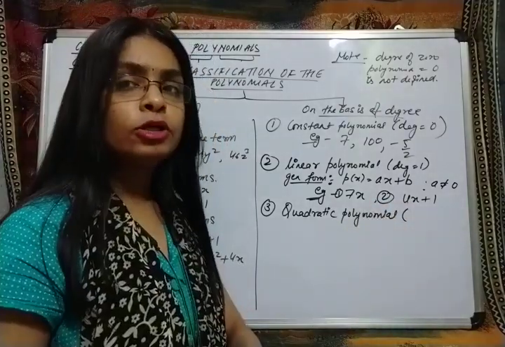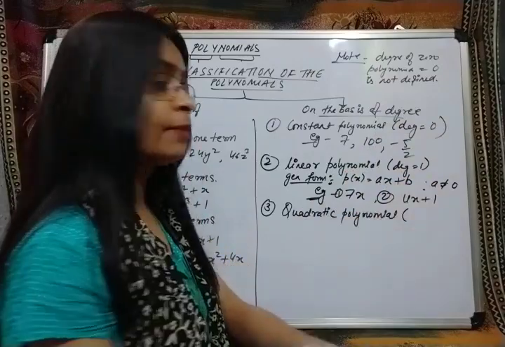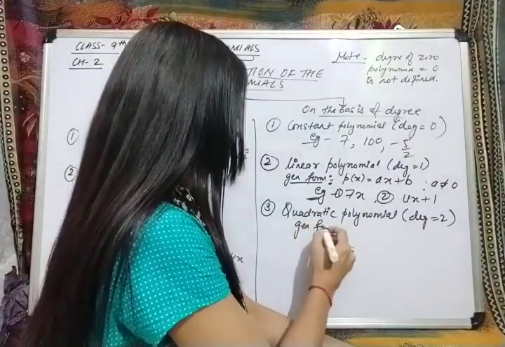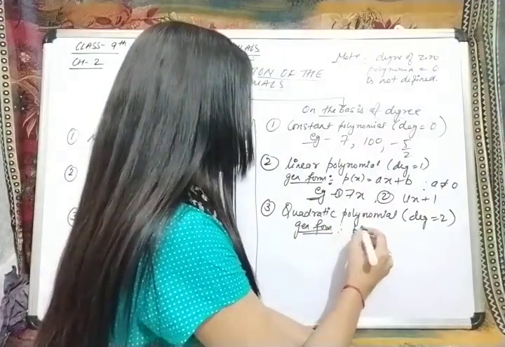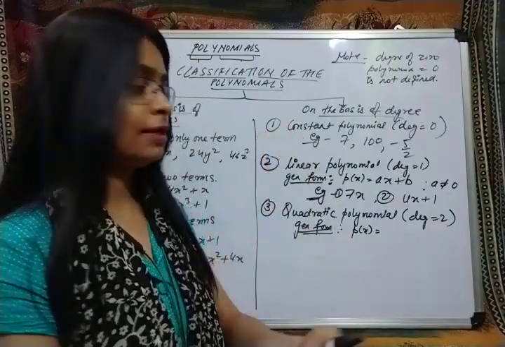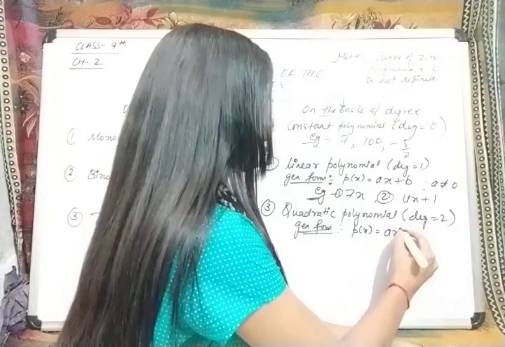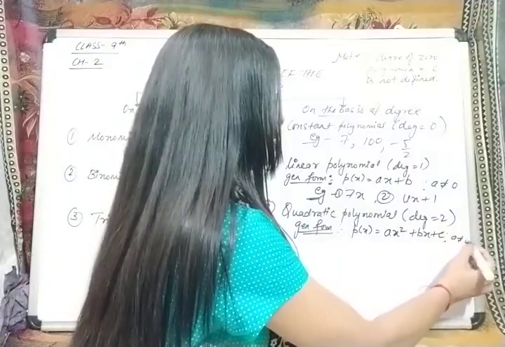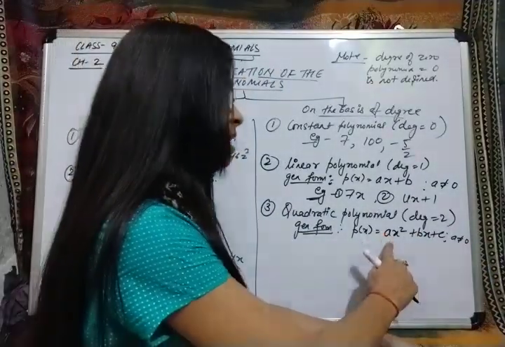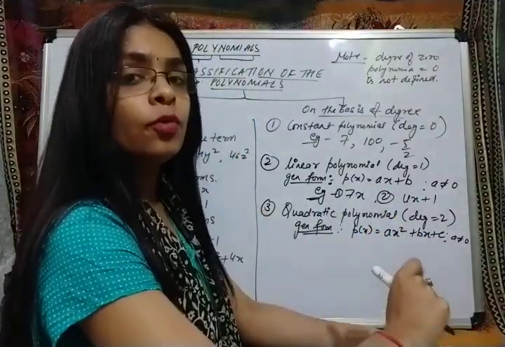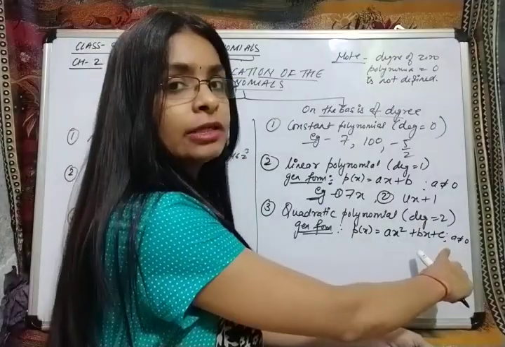Now what will the quadratic polynomial be? Obviously we are increasing the degree: degree 0, degree 1. So quadratic means degree 2. A quadratic polynomial means the degree is 2. Now what will be its general form? The general form is p of x. Its degree is 2, so how many terms will be there? 3 terms, no? So there will be ax square plus bx plus c, where a can't be equal to 0. Now see, we are writing the terms in decreasing order of the powers of the variable: x to the power 2, x to the power 1, x to the power 0.